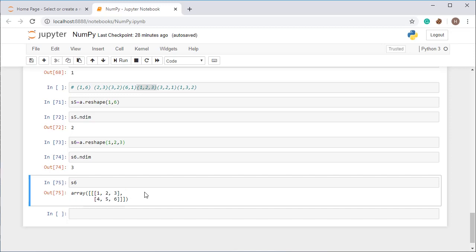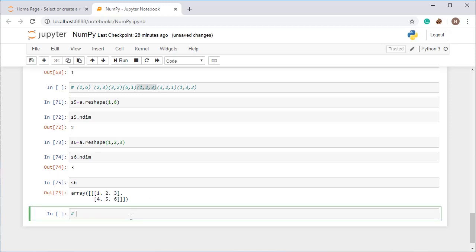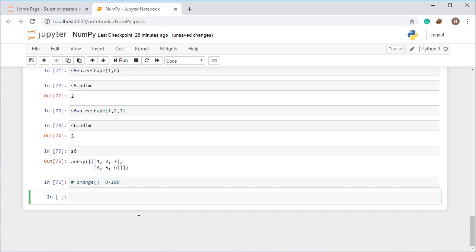All right. Now I am going to show you a function called arange. Arange is a function similar to what we have used in a for loop. When we have to print 0 to 100 or a particular number, what have we used? The range function. In the same manner, when we have to create an array between a particular range, we can use the arange function.